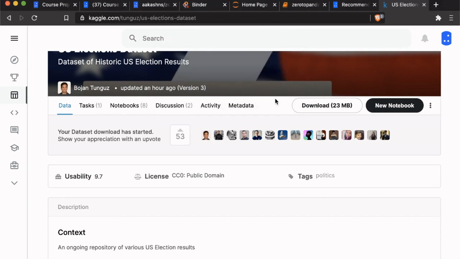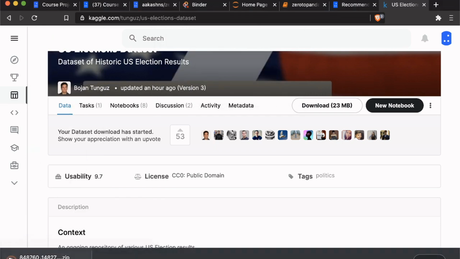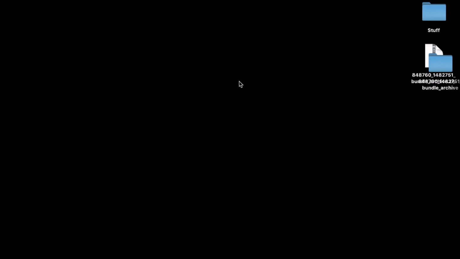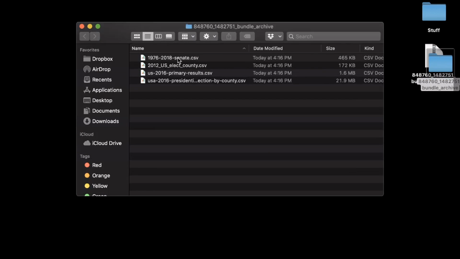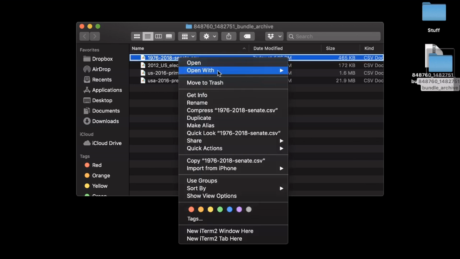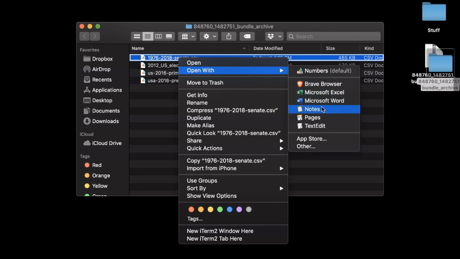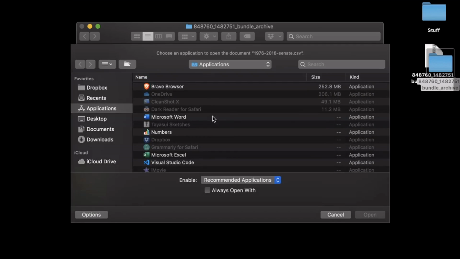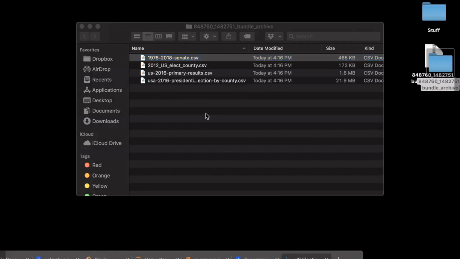I'm just going to save it on my desktop, and I'm just going to open it up. So unbundle it. You can see here that there is a file. From 1976 to 2018, you have the data for US Senate. Let's use Visual Studio Code to open it up.